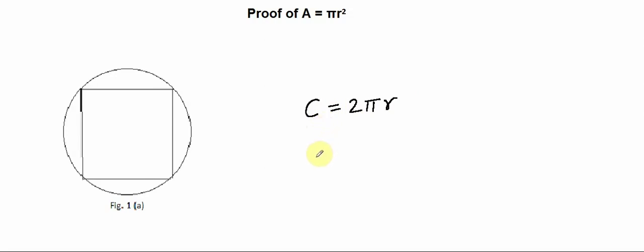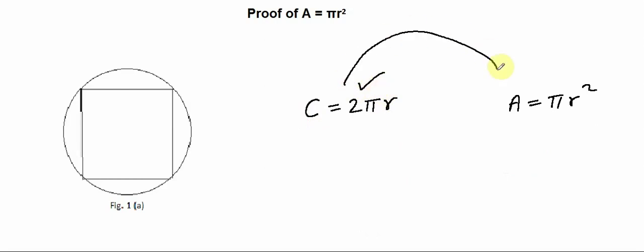So if one asks the question, where did this formula come from? Where did C is equal to 2 pi r come from? Perhaps you will see the derivation for this formula, and in the course of deriving it, you may see something like, we know area is equal to pi r square, and they move ahead in the derivation and towards the end they prove C is equal to 2 pi r. So in a sense, you are going in a circle. You ask, where did this formula come from? They say it came from here. And you ask, where did this formula come from? They say it came from here. And you are going in a circle.